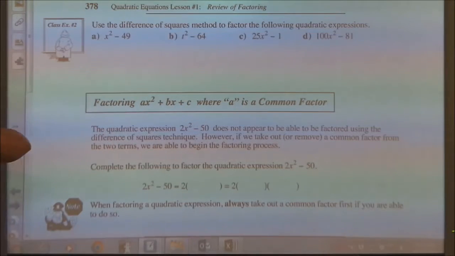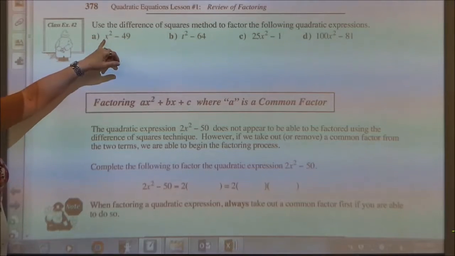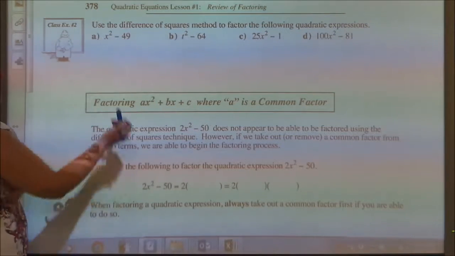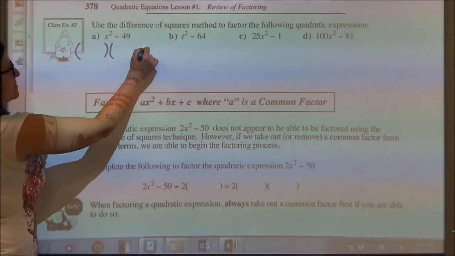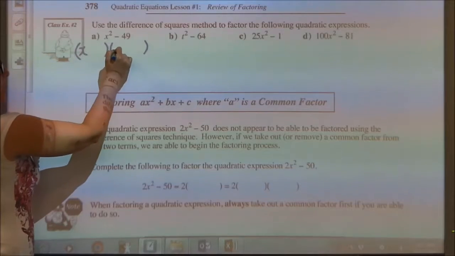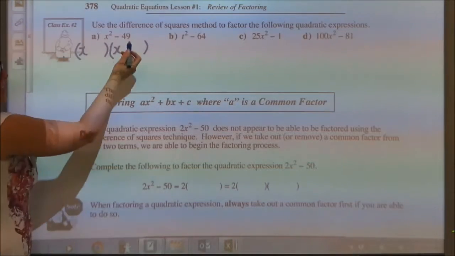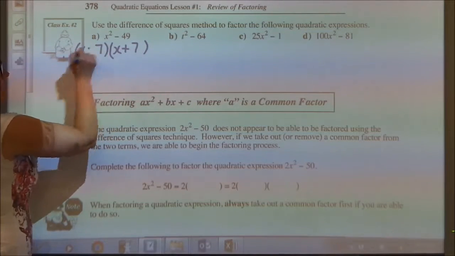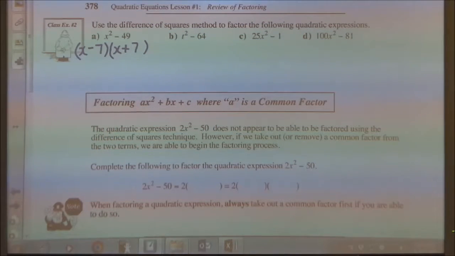x squared minus 49, this is a difference of squares because it's a difference. This is a square number, and this is a square number, 49. So to factor a difference of squares, square root x squared, I get x. The square root of 49 is 7. One's positive, one's negative. So if you want to go through the next three,